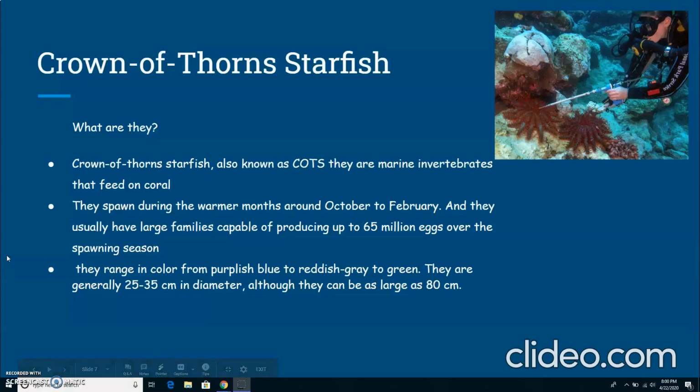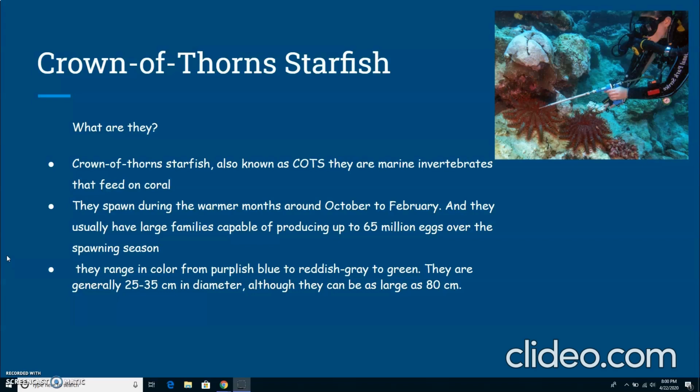Hello, this is part 2 of the Great Barrier Reef final project. My name is Isaac Herzog, and I will be covering the crown-of-thorns starfish, otherwise known as COTS. Now, they are marine invertebrates that feed preferentially on coral, and they spawn during the warmer months around October and February, and they have